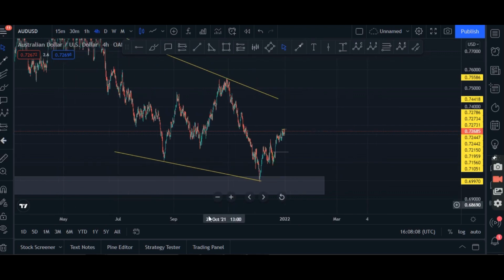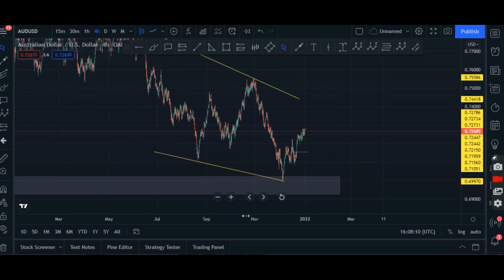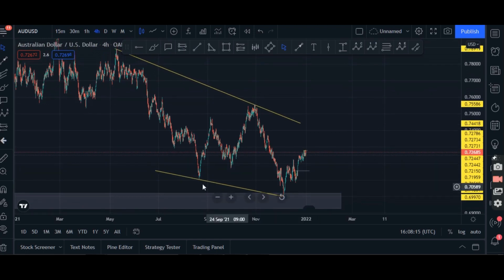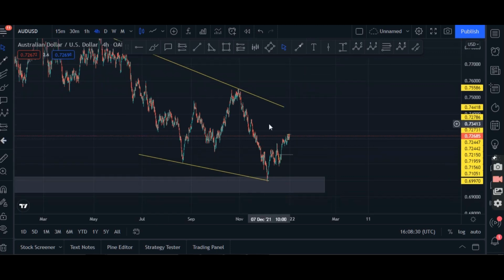So, guys, we can now see that we are in a bigger bearish channel, right? I think we can all spot that. And this is basically our horizontal support, and then this is our trend line support. And then we have a trend line resistance over here. And then as we dive deeper, you'll see some other supports and resistances on the smaller time frames.